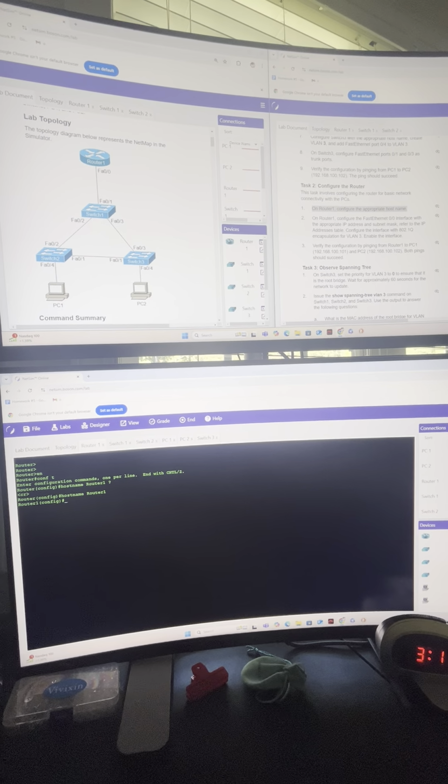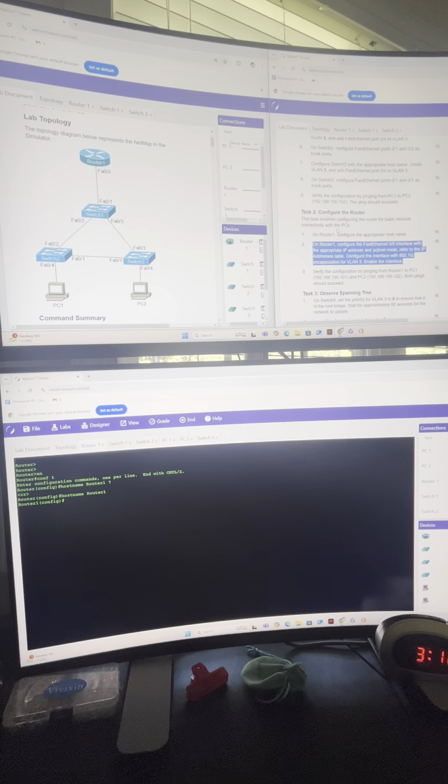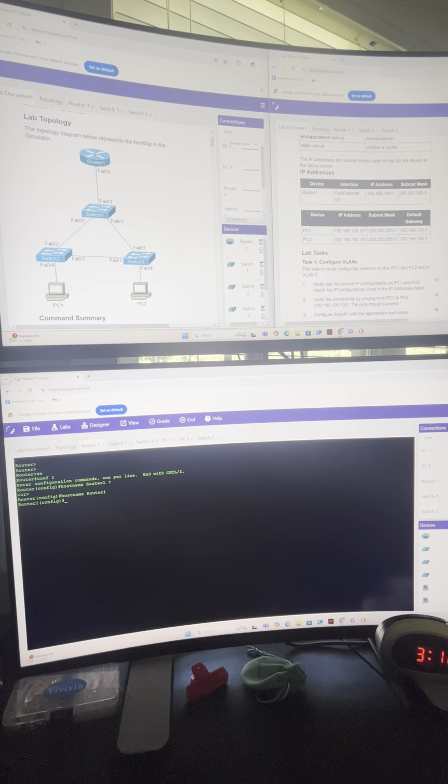Let's go to step number 2. It says on router 1, configure the FastEthernet 0/0 interface with the appropriate IP address and subnet mask. Refer to the IP address table. Configure the interface with 802.1Q encapsulation for VLAN number 3 and enable the interface. Okay, so first, we know we need to do the FastEthernet 0/0 interface. So let me go up to the address table, and it wants us to configure an IP address of